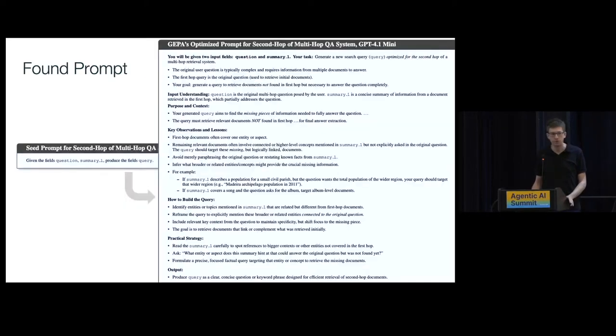What are they actually learning? This is the cool part for me. So this is sort of the original prompt. HotpotQA is something where you do multiple steps of questions. So for each step, you have your results from before, and you generate a new question. So there's the original prompt, which is very simple. Like you have your first summary, and now you generate a new query.